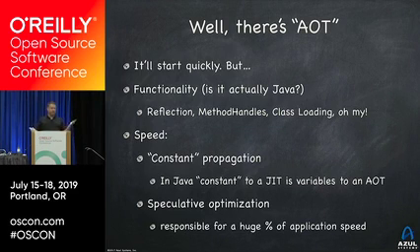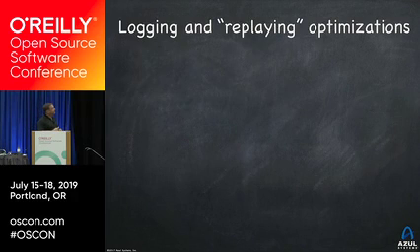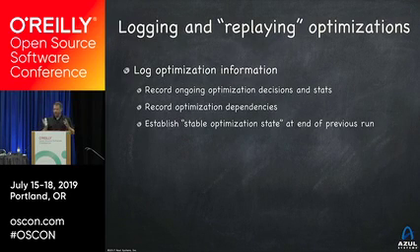Now, the best of both worlds may be an AOT that can JIT or a JIT that can AOT. In reality, both names are pretty bad because they're named for what they don't do. An AOT can't JIT, a JIT can't AOT. What you want is both. One way to try and do that is to learn from the past, to basically AOT, but with a JIT, based on previous experience. A technique to do that could be done with logging and replaying of optimizations.